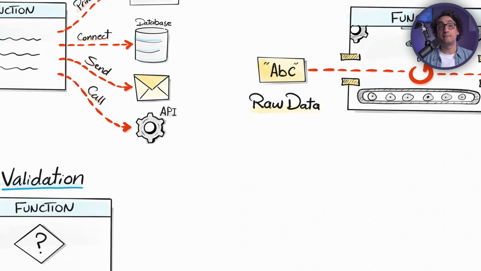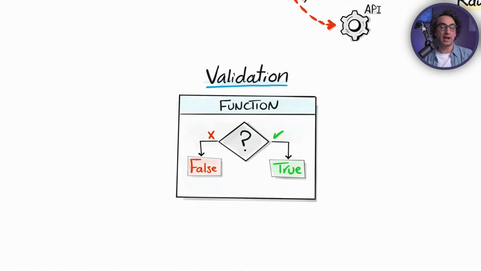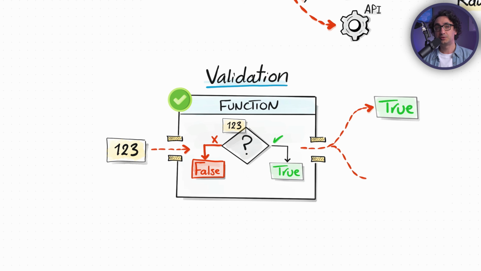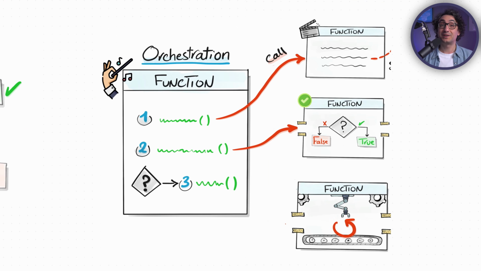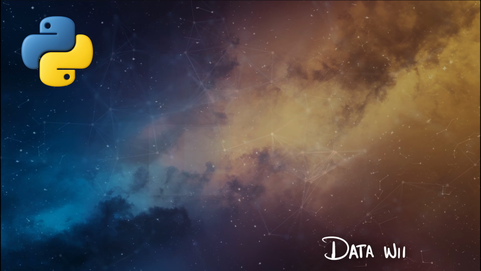Another use case, we have the validation function. It checks the rules. So it's going to answer your question with either yes or no. You're going to use them a lot in order to protect your system and to check the quality of your bad data. And the last one, my favorite one, the orchestrator function. It's going to connect everything together by calling other mini functions in the correct order. And once you understand those patterns, it's going to be really easy for you to design your program, to write the code, and to maintain it. So those are the different types of functions by the purpose.